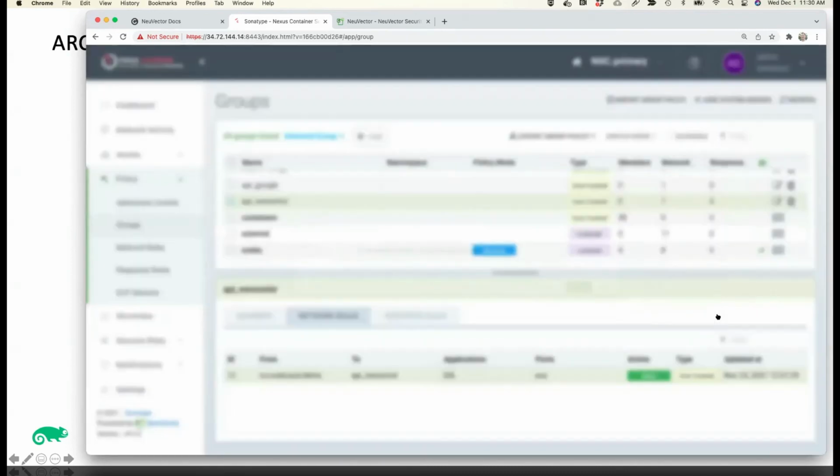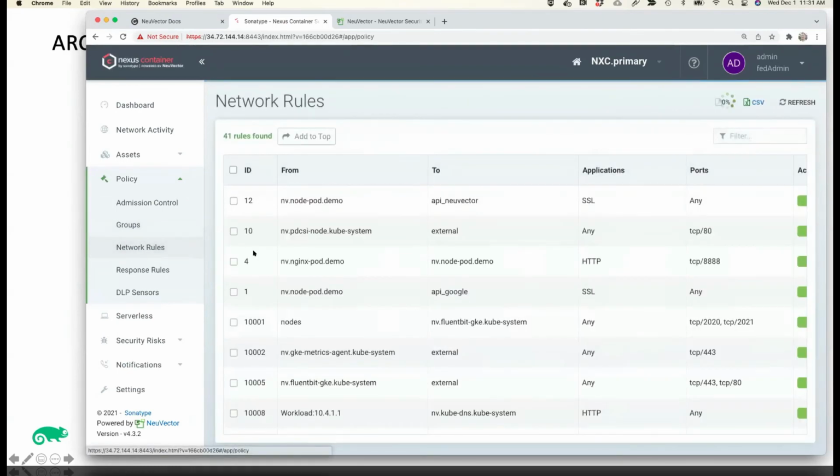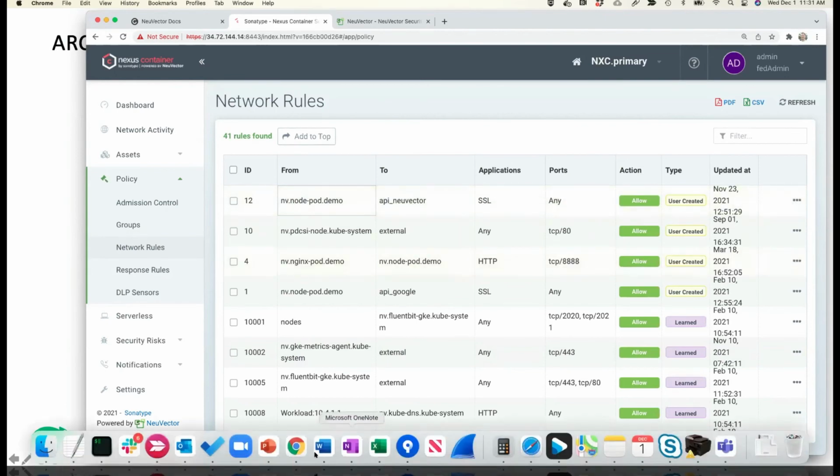And once you've created a custom destination group like this API NeuVector, then you can go into the network rules screen, and you can see here, this is the rule that allows just my Node.js pods to connect externally using an SSL connection. Now, everything else should be blocked.